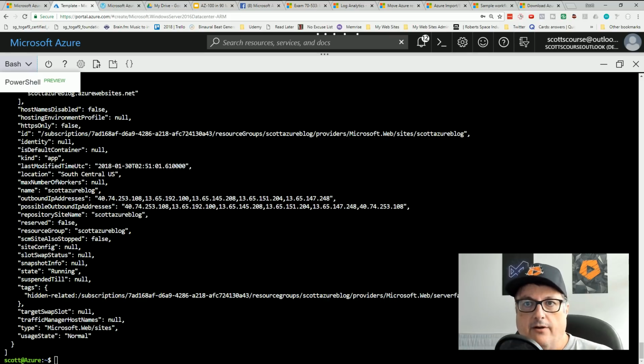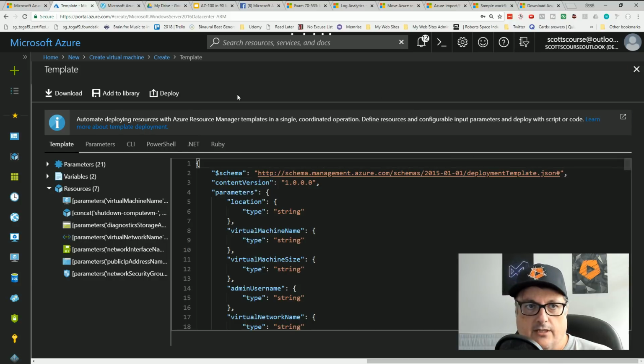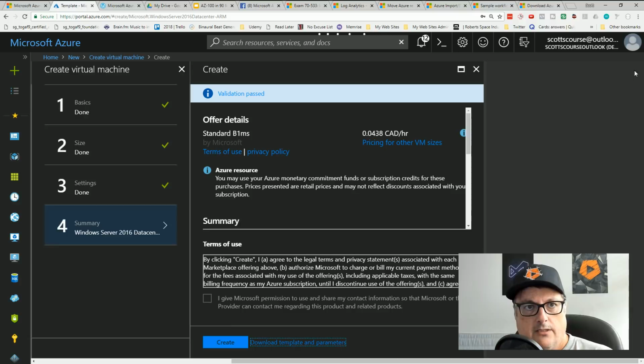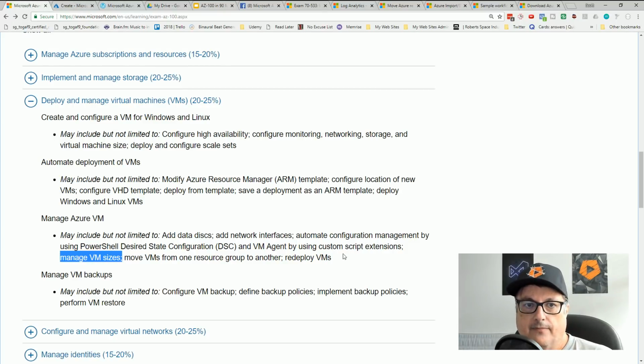So here we are again. I'm going to close the Azure Shell here. Can I just close that? I guess so. If I clicked create, this would take a few minutes to create a resource, but then I have the move, I have the ability to upgrade, and I have the ability to move VMs.